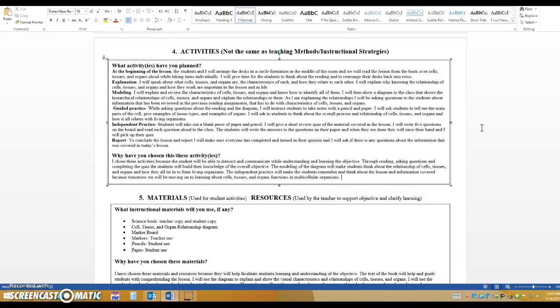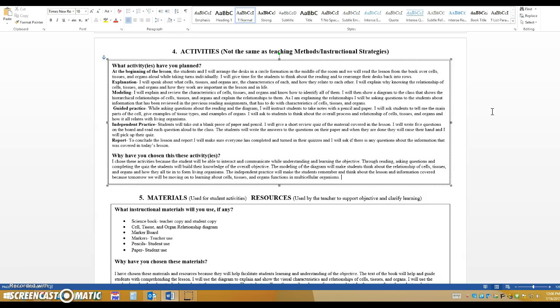Section 4 is activities. What activities have you planned? At the beginning of the lesson, the students and I will arrange the desks in a circle formation in the middle of the room, and we will read the lesson from the book over cells, tissues, and organs aloud while taking turns individually. I will give time for the students to think about the reading and to rearrange their desks